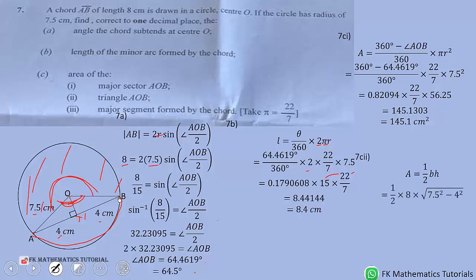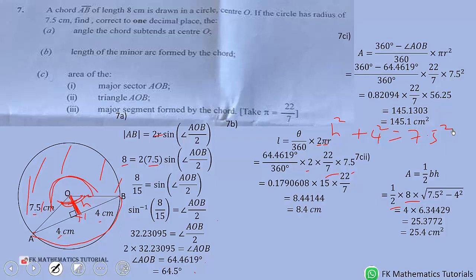So the base is 8 centimeters. So half times 8 times height. The height of this triangle, we can use Pythagoras theorem to find that. H squared plus 4 squared is equal to 7.5 squared. So we solve for H to get square root of 7.5 squared minus 4 squared, which is 6.34429. So we multiply it by 4 to get 25.4 centimeters squared. That is the area of the triangle